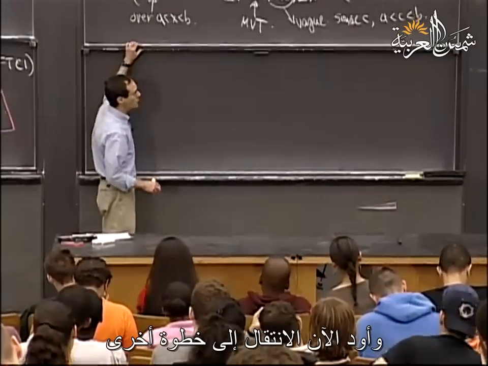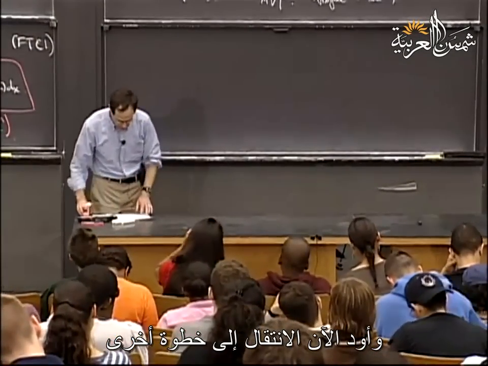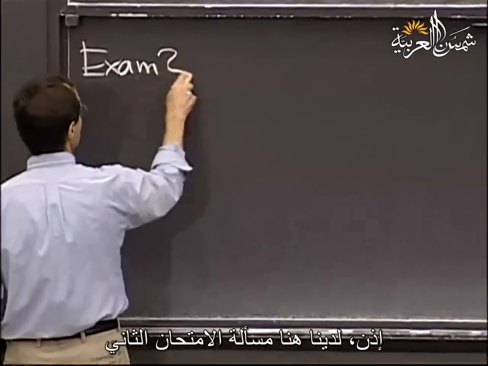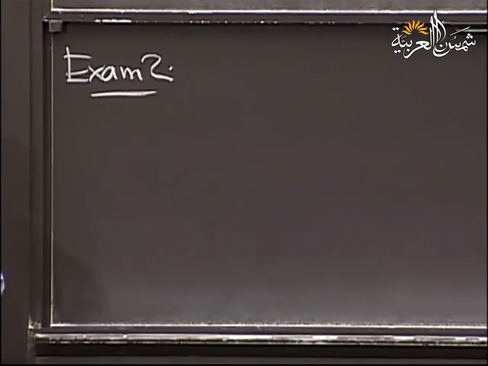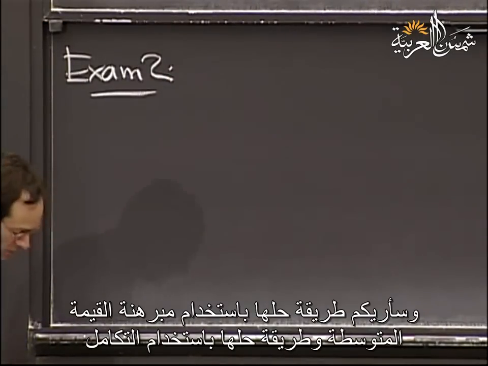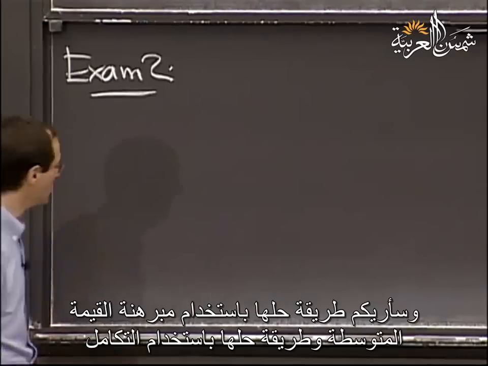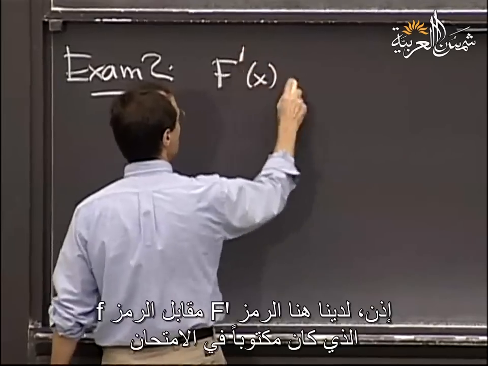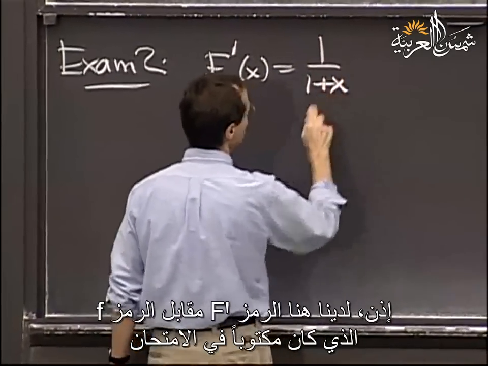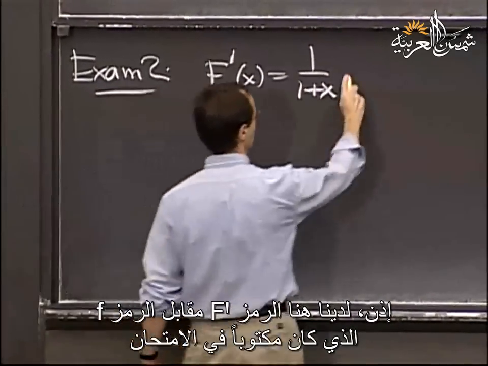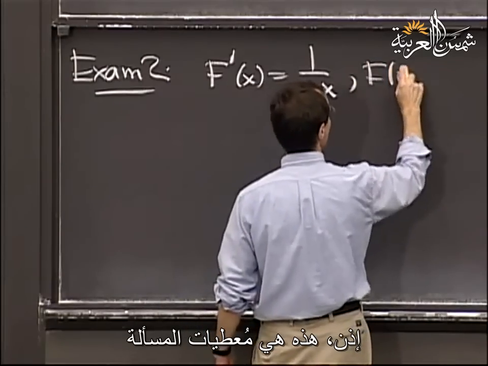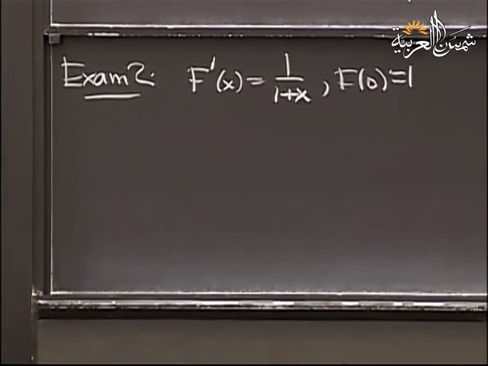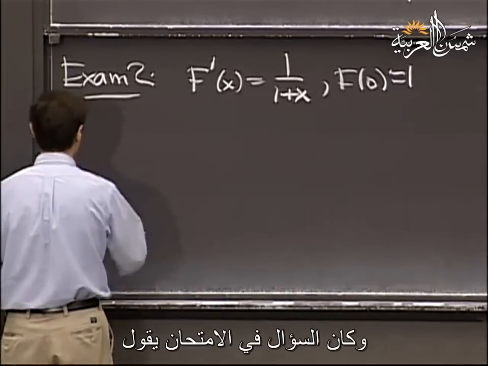And I'm going to elaborate just one step further by talking about the problem that you had on the exam. So there was an exam 2 problem. And I'll show you how it works using the mean value theorem and how it works using integrals. But I'm going to have to use this notation capital F prime, as opposed to little f, which was the notation on your exam. So we had this situation here. These were the givens of the problem. And then the question was,